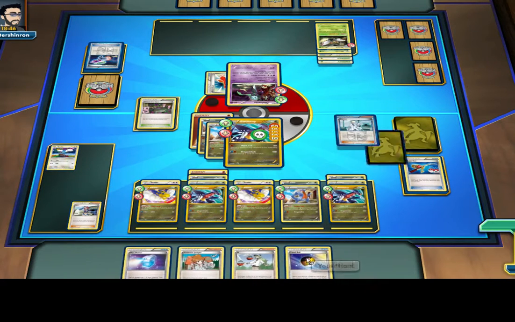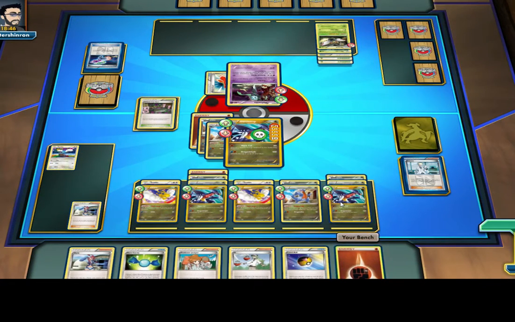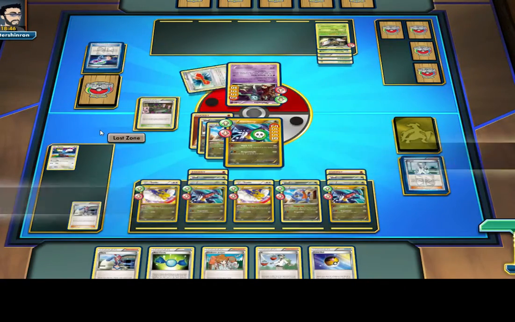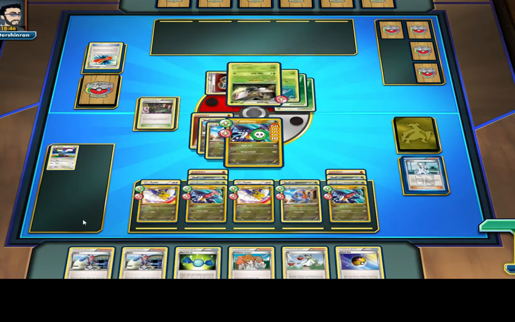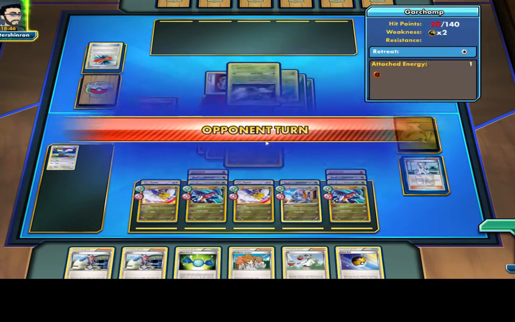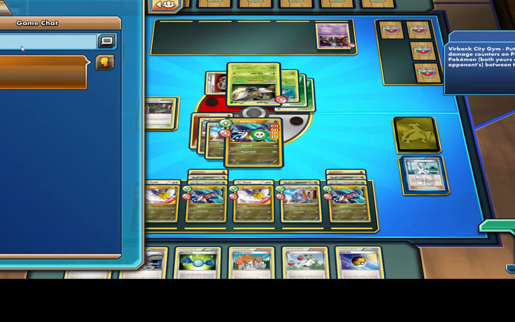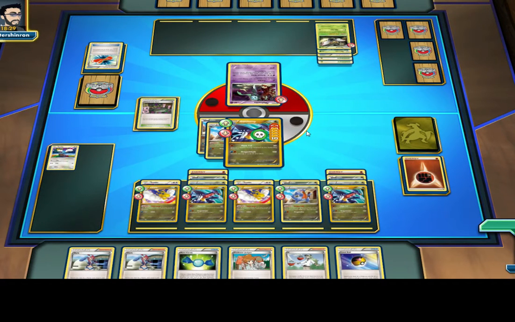No Colress. Maybe I can get a Switch. I don't. Mock Out for the knockout. Skyla. My opponent can't win here. Honestly, that puts me to sleep forever. That's a good game. He wasn't even going to put me to sleep. He's going to take a prize, but...